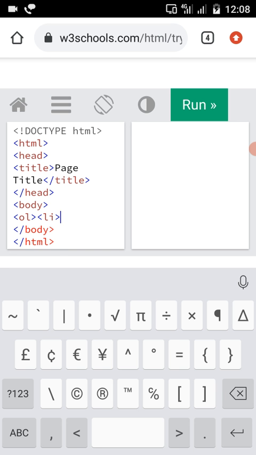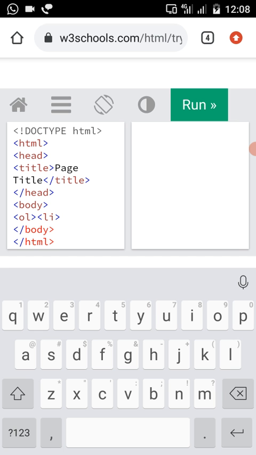Here I am going to represent a list of computer subjects. The first list item I am going to add is C programming.